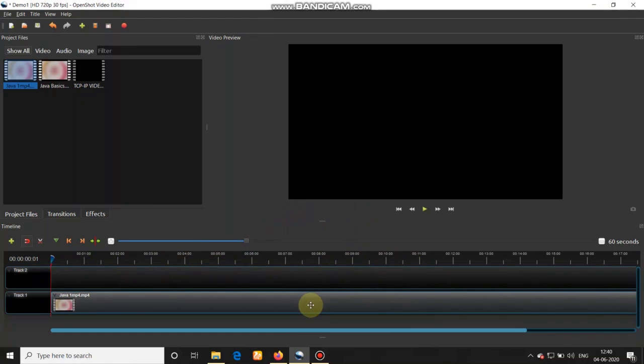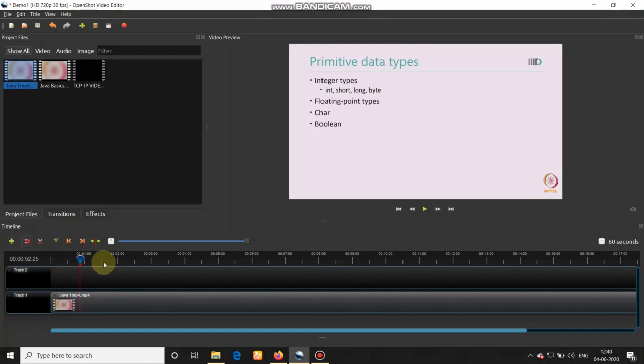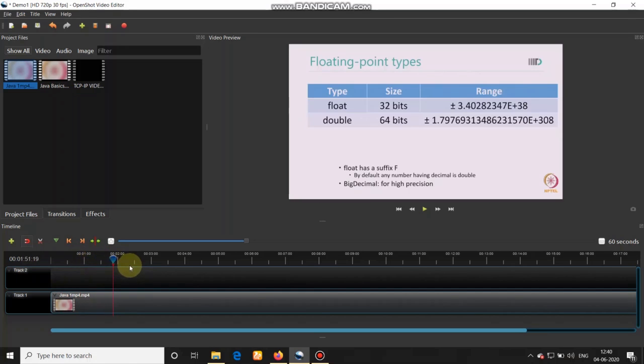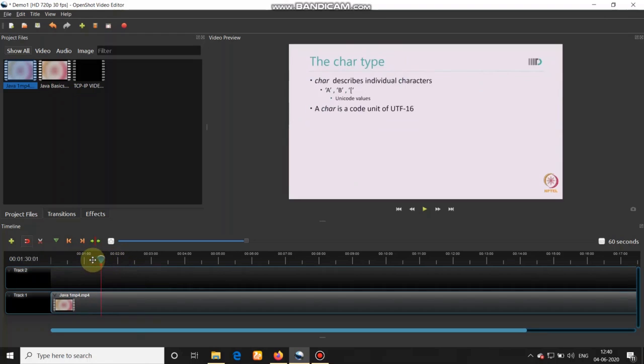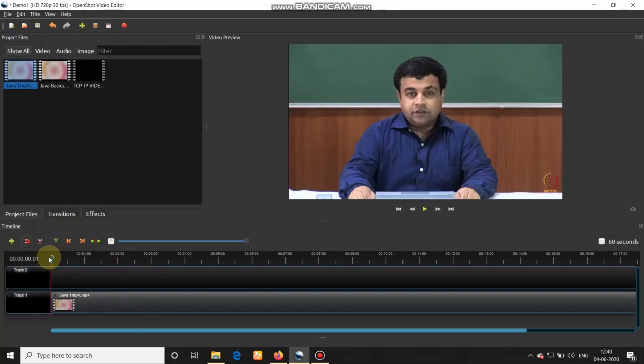Now let me talk about this blue slider. Blue slider lets you move across your video. Okay. So I am putting this slider back to the 0.